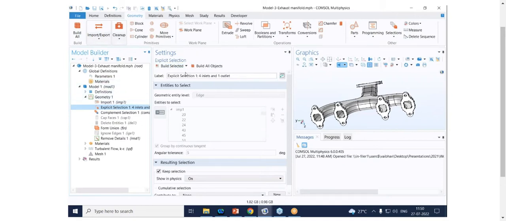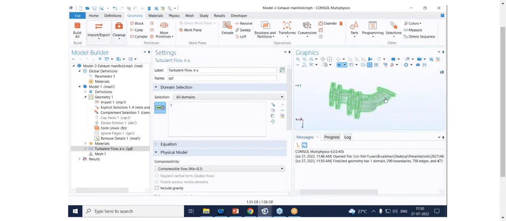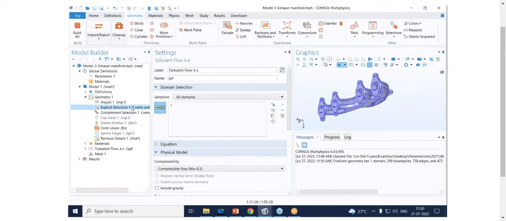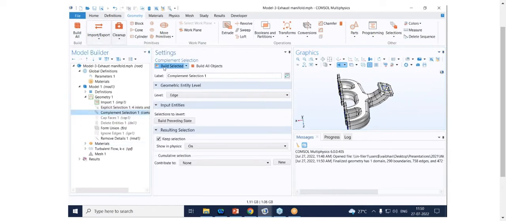We can create the explicit selections. From the physics point of view, let's say I am dealing with turbulent flow. Here the flow is going to happen within a volume, but the geometry that we have imported doesn't have any volume through which the fluid is going to flow. For that purpose, we will need to create the volume. With the help of explicit selection, I can create the boundaries which I need to be capped on this surface so that the volumetric domain can be formed. I have also created